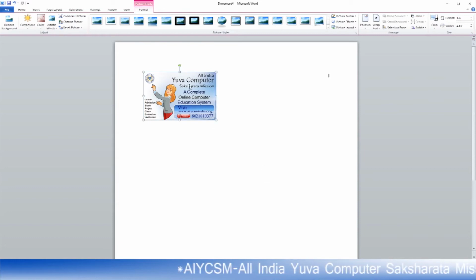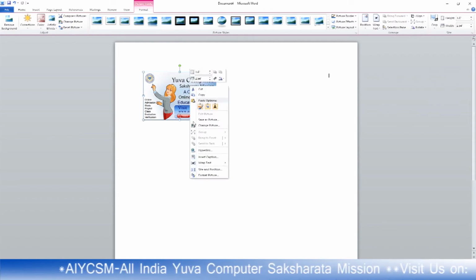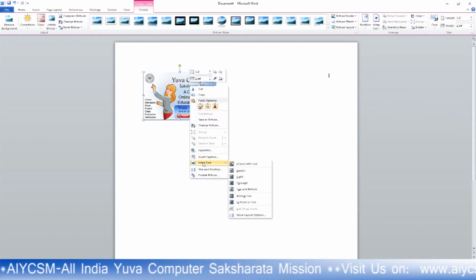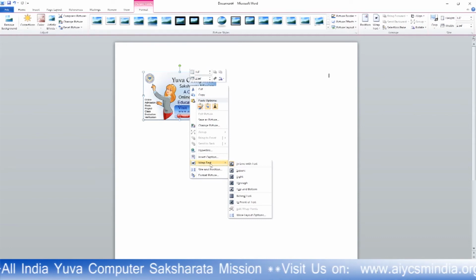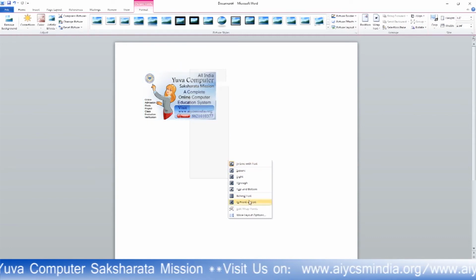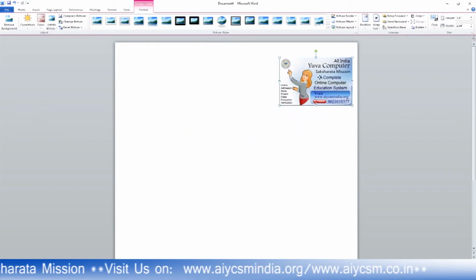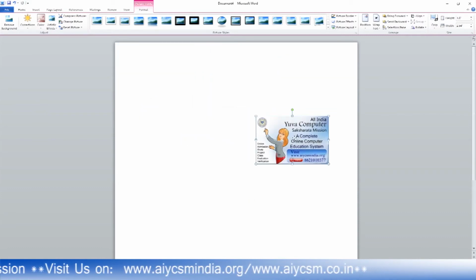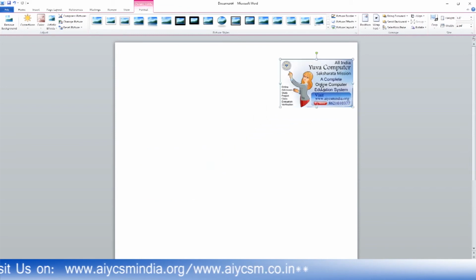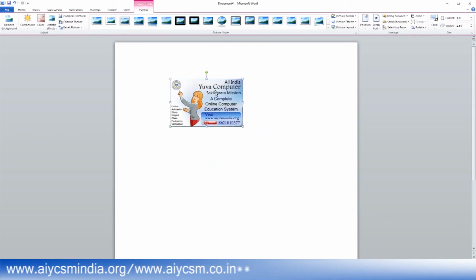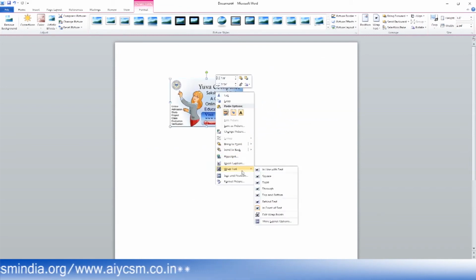How do you move the picture anywhere in your Word document? You have to right click on the picture and go to the Wrap Text option. This option is very important. Go to Wrap Text and click on In Front of Text. If you click on In Front of Text, you are able to move your picture from anywhere to anywhere. Anywhere you want to move it, you can move it.